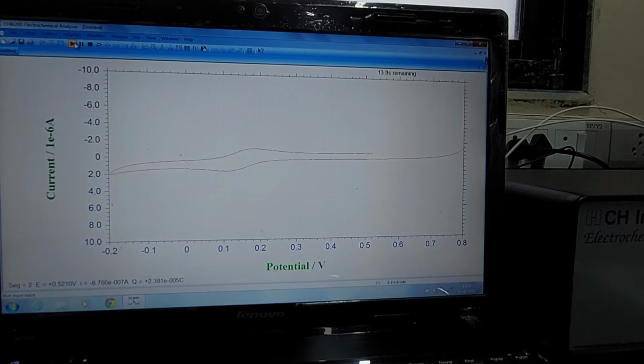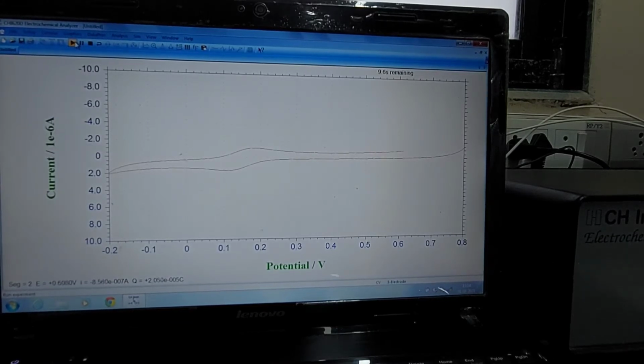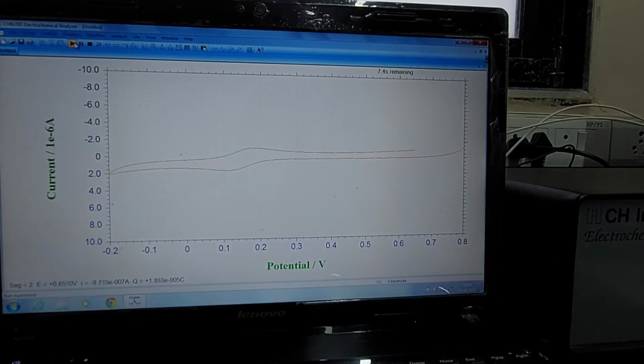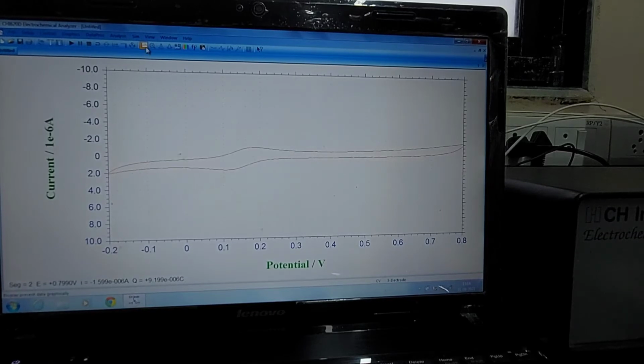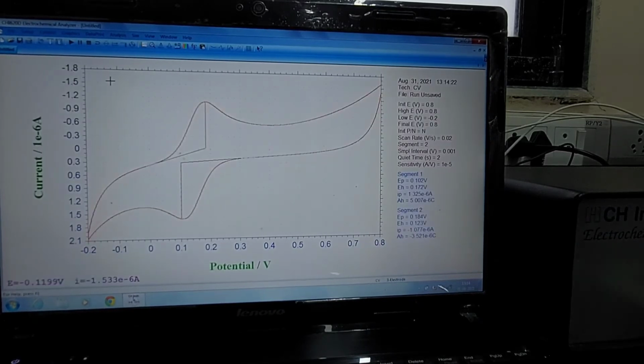So this scan speed optimization is extremely important. For every unknown compound you should do that. You have to give ample time for the electrode reaction to happen. Now it's done. Can you show it on the curve with the y-axis optimized?